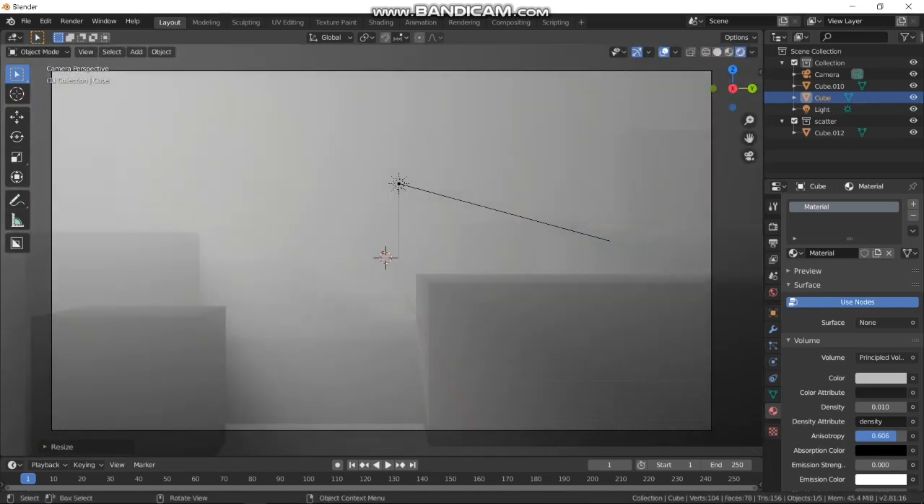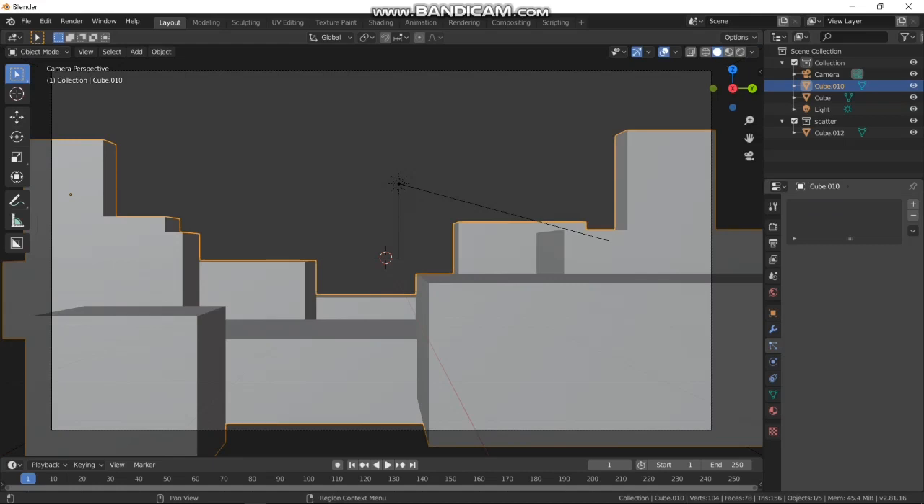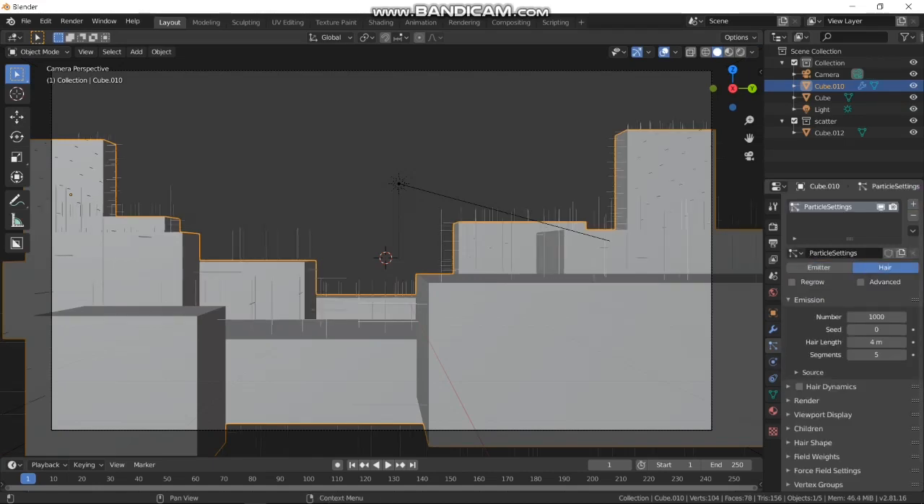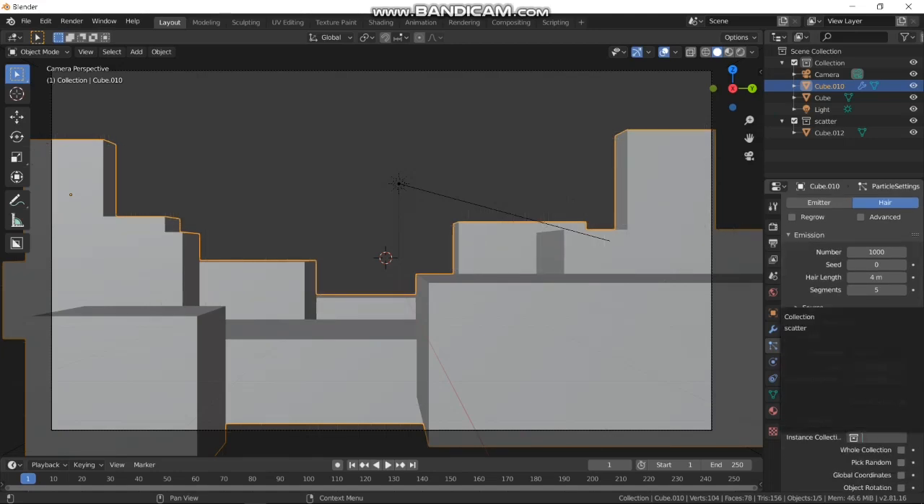Cool. So now if we view that, okay. Now, let's get our object here. We'll go to the particle settings, we'll add a new particle, we'll go with hair. So the moment it's got 1000, we'll stick that type of thing. Where it says render, we'll go render as collection, and we'll pick our collection, which is scatter,